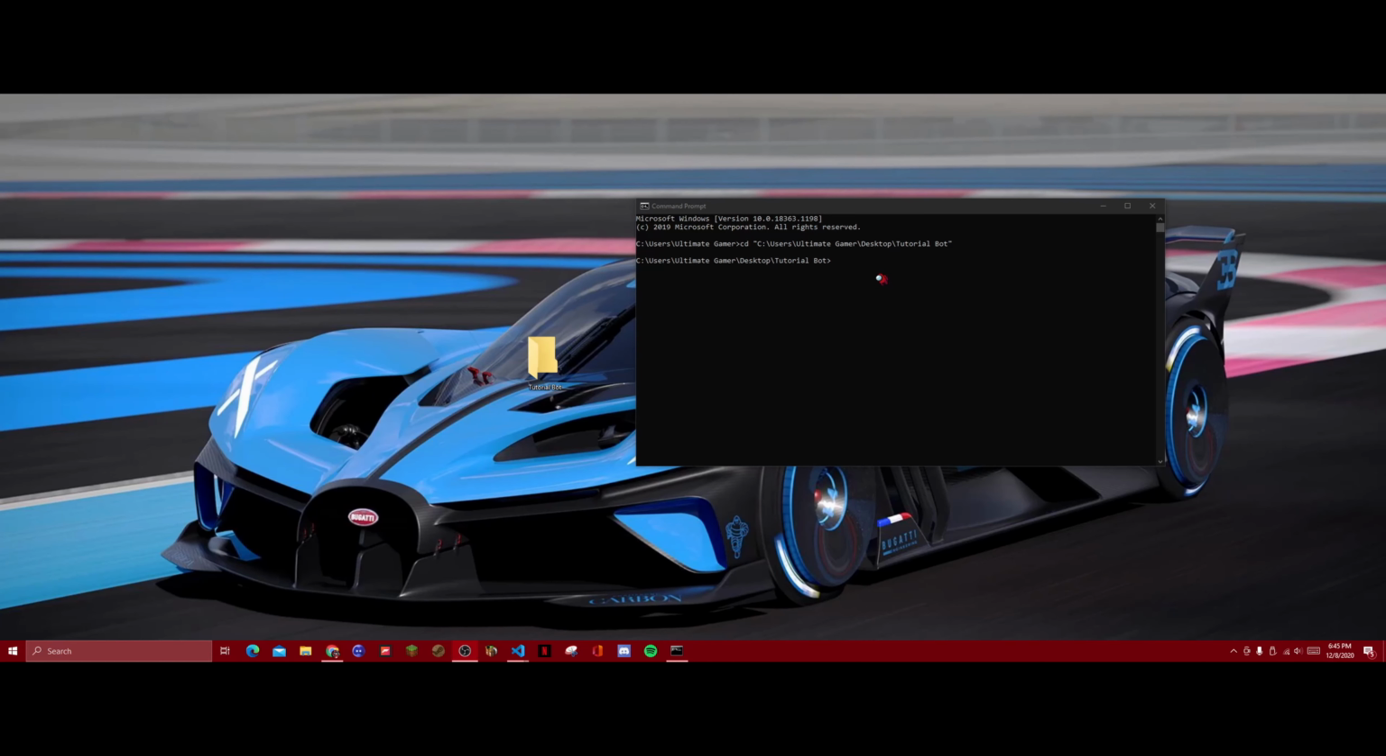Now we want to go back to our command prompt, and in the command prompt, now that you have Node.js installed, this command should work. You want to type in npm init -y. Press Enter, and